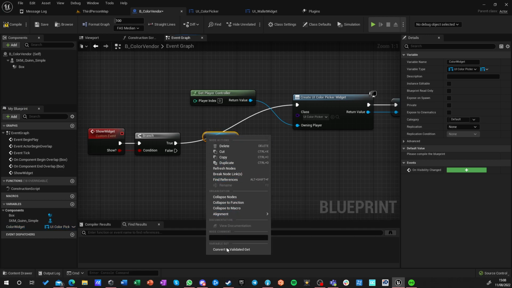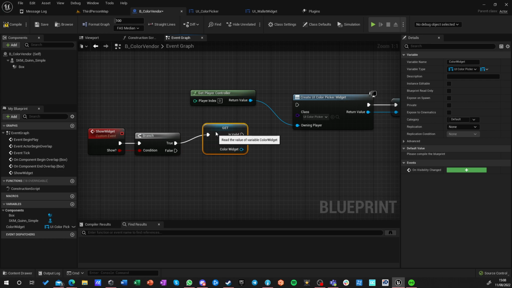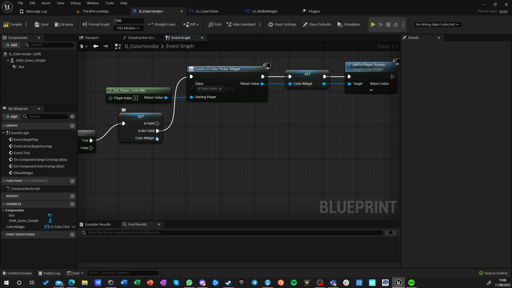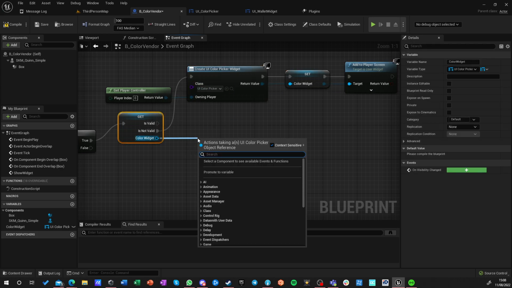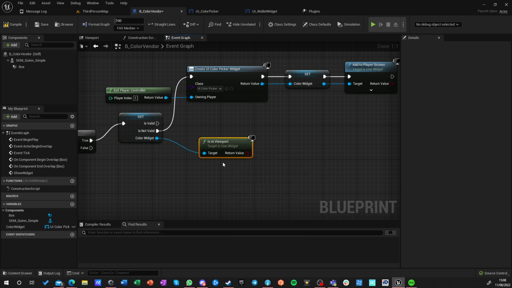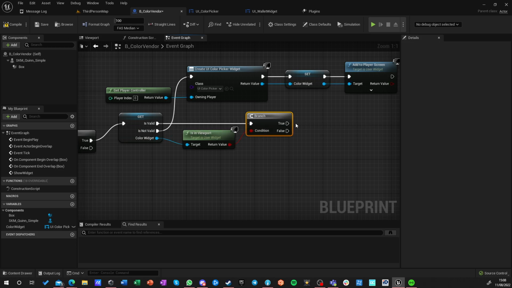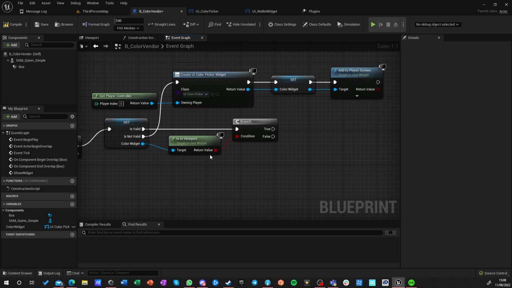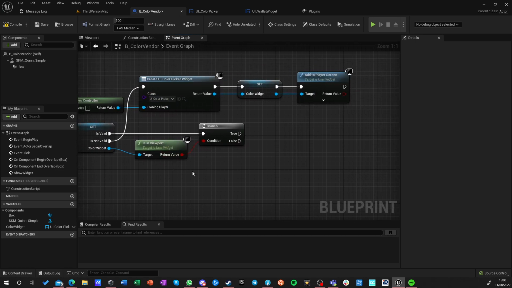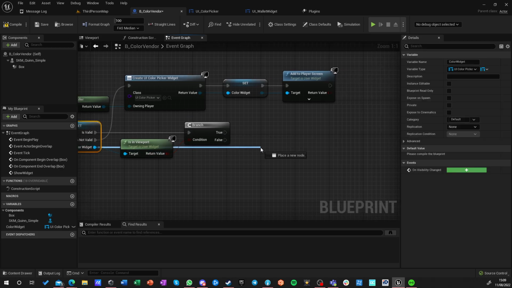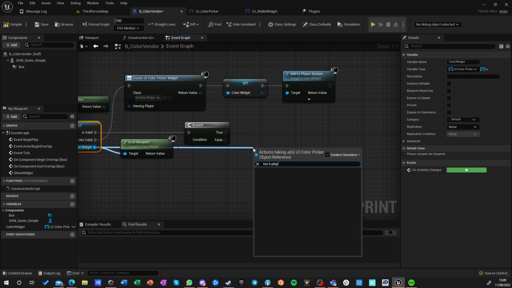So let's do this. Convert to validated get. So if it is not valid, then please construct it for me and add it to viewport. But if it is valid, I just want to see if it's in viewport. And if it is in viewport, then don't do anything, because we don't want it to be twice in the viewport, because you can basically have multiple of those color pickers. But if it is not in a viewport, what you want to do is to add to player